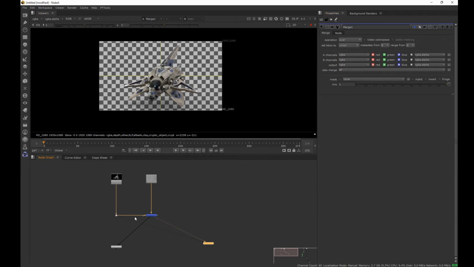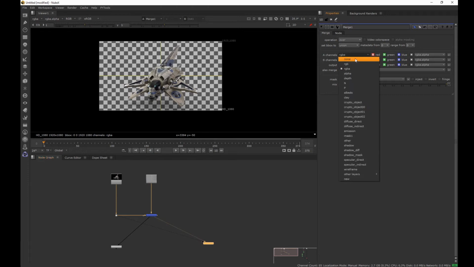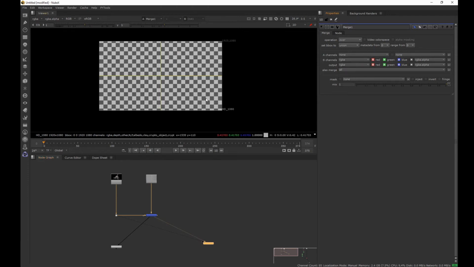RGBA of the A input and the RGBA of the B input. Then we do an over operation and we get this result. So what we want is just to have the RGBA of the B input without the A input. So it's very easy then. You just come here on the A channel and put none. Now we just keep the RGBA of the B input and we are outputting it in the RGBA of the